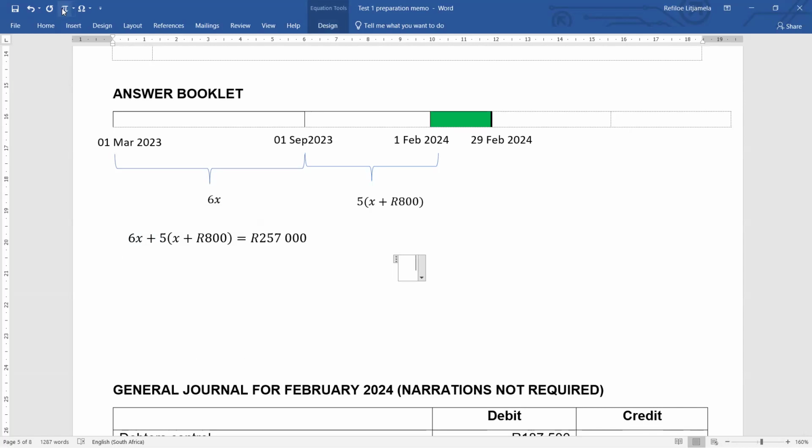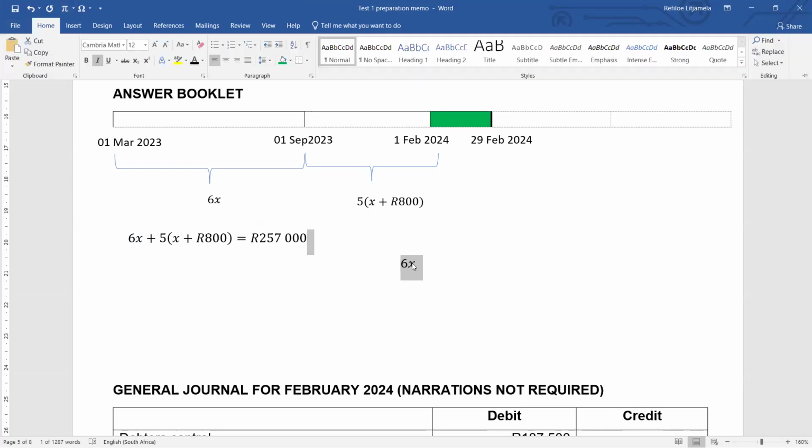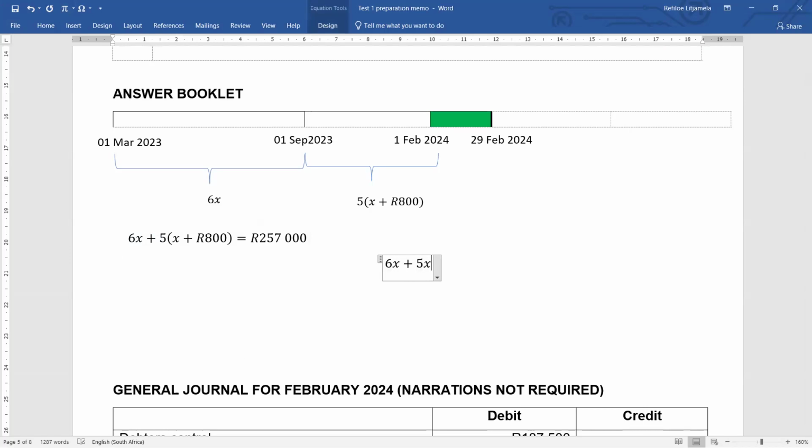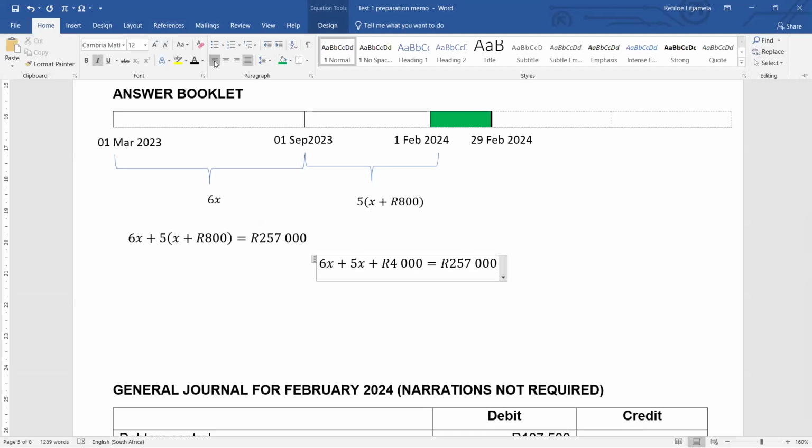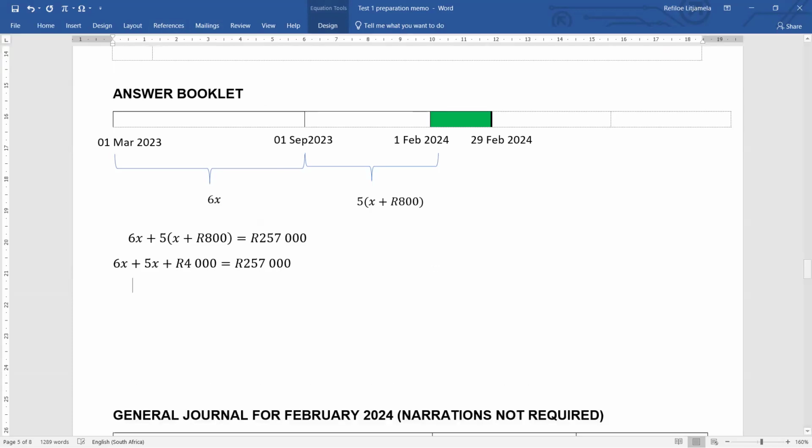Multiply that out. What do you get? You still get 6x plus 5x, and then plus 3,000, 4,000. And this will give you 257,000, right? What's next? 11x is equal to